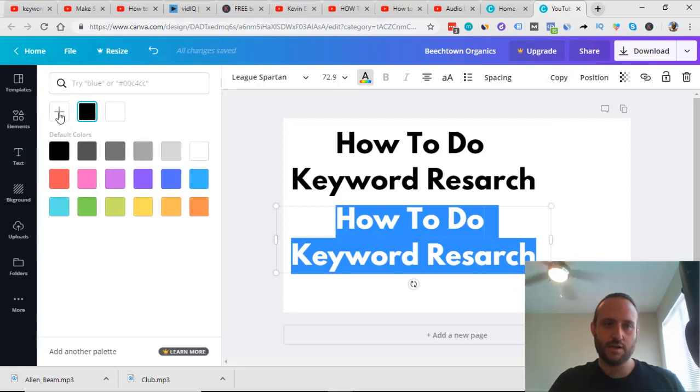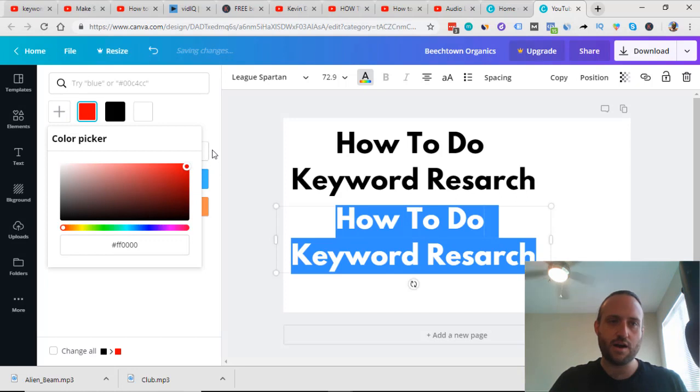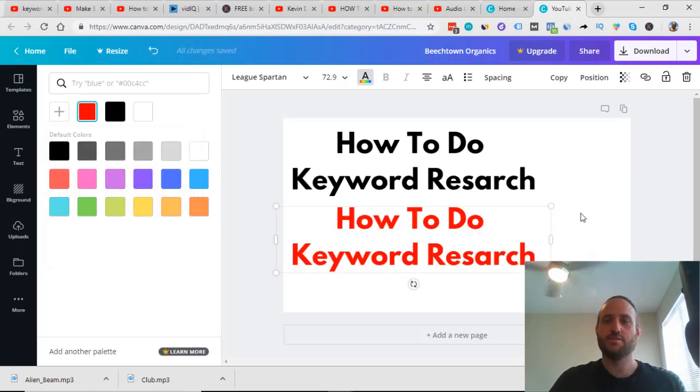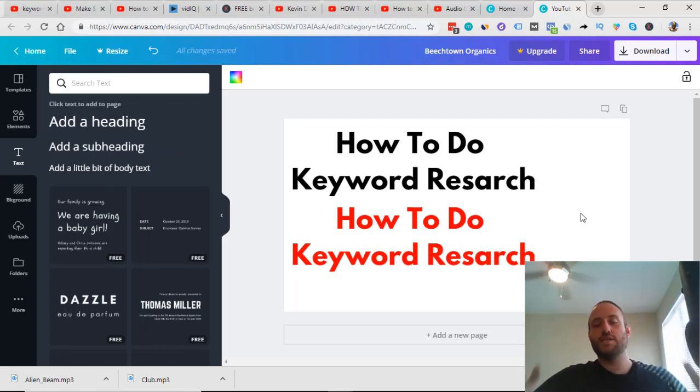Also, to change the color, you just go over here. They have some default colors. I think their colors are a little soft. I want to make them brighter just because it's easier to read. So I think bright red, you might think this looks garish, but you have to remember that people,